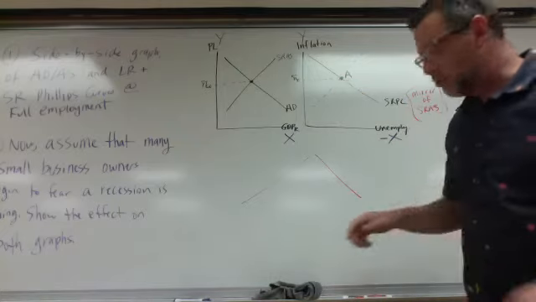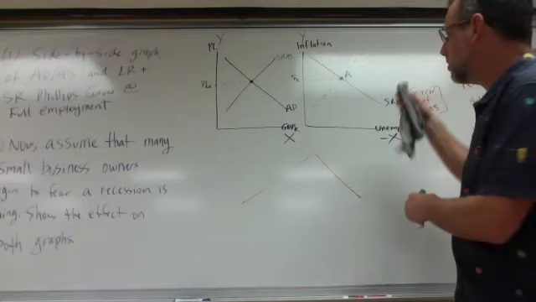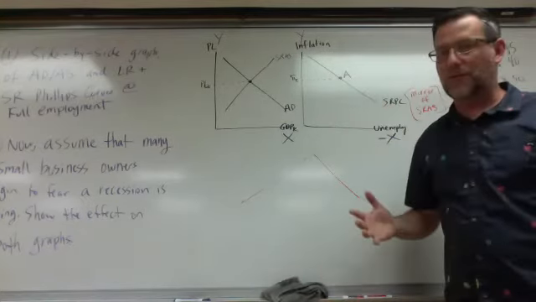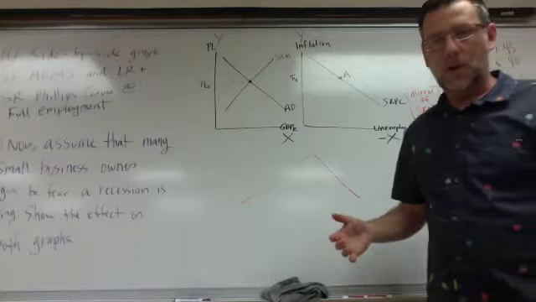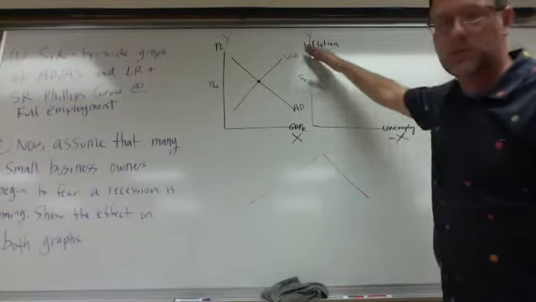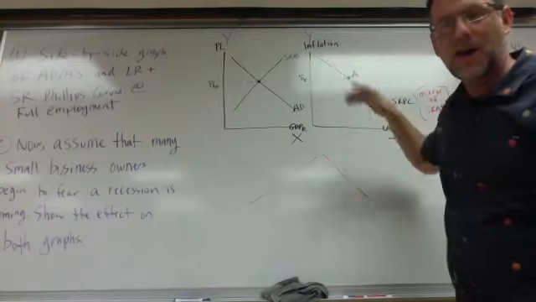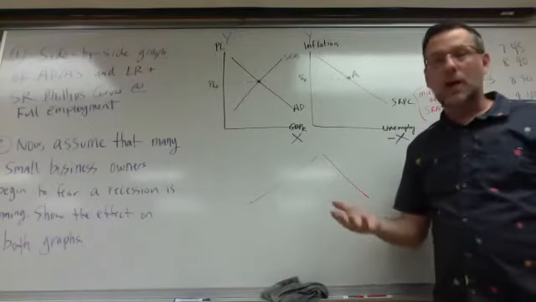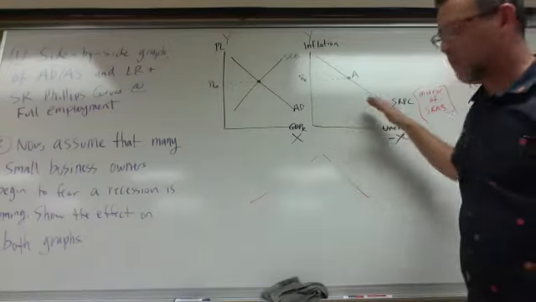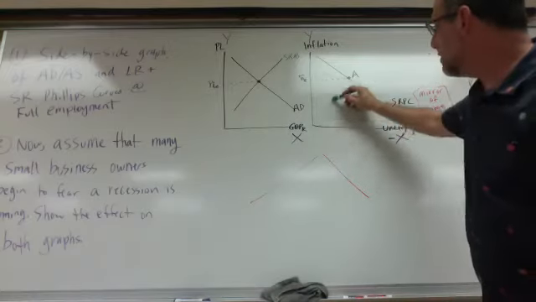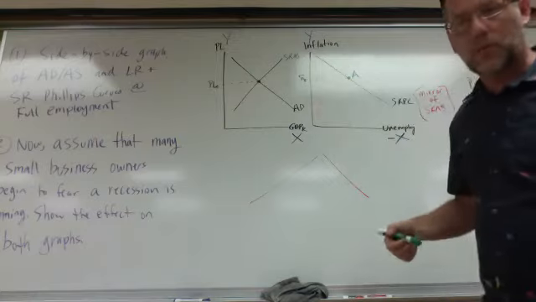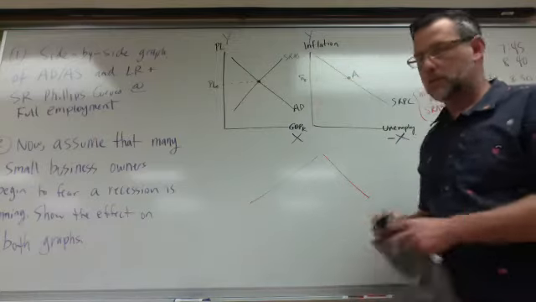It's just that we don't show aggregate demand on this graph because we want the focus to be on the relationship between inflation and unemployment, right? We want to show the relationship between these two measures in the economy. That's where our focus is. So that's why we don't see aggregate demand on this graph, is that we just keep it hidden so that we focus on this. But there's really an invisible aggregate demand that's determining where the equilibrium point is. So